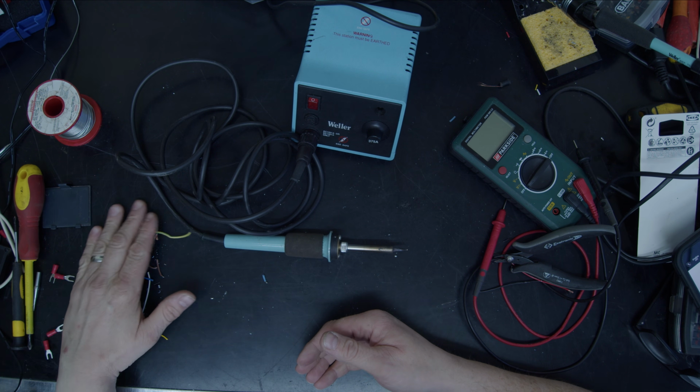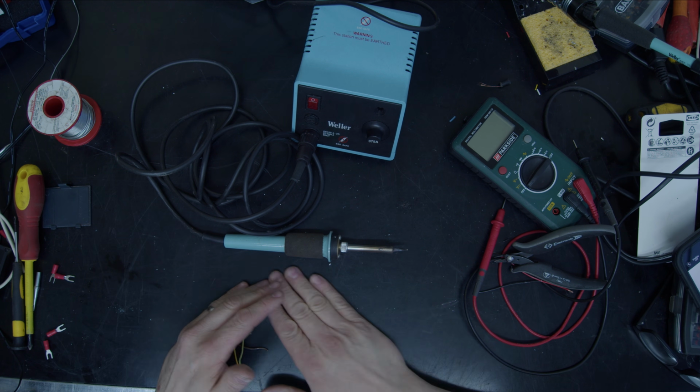made yourself a working soldering iron. Well, I hope that's been of interest to you. I hope you enjoyed watching that,